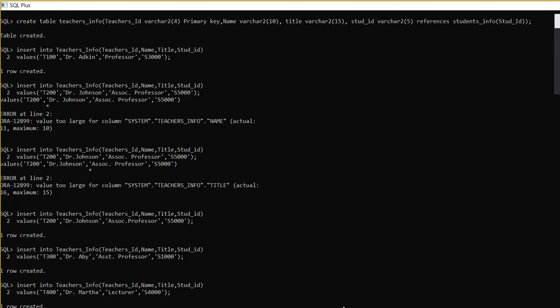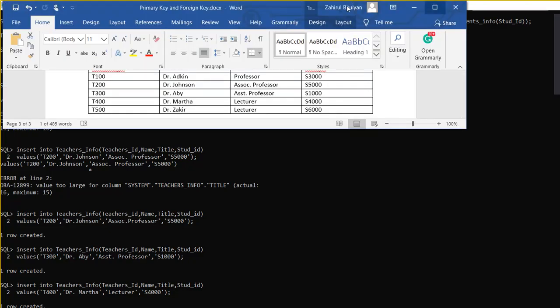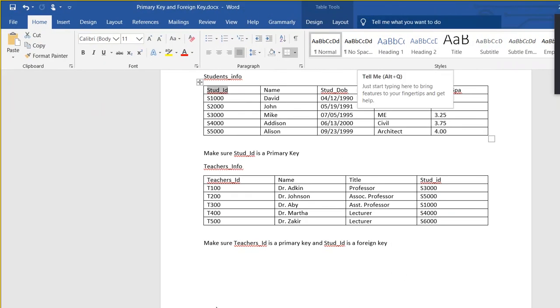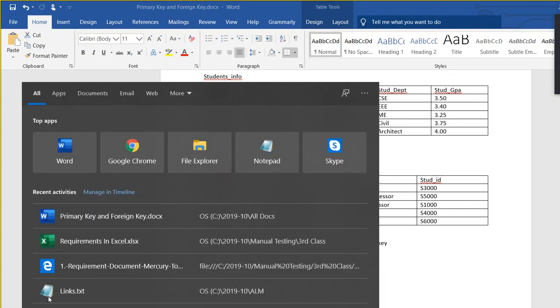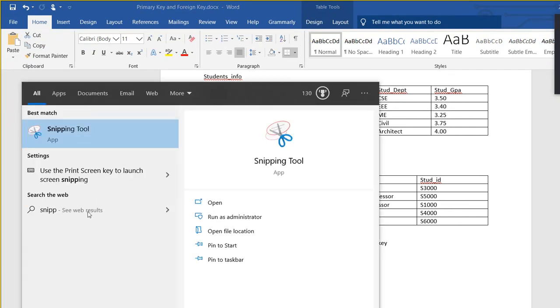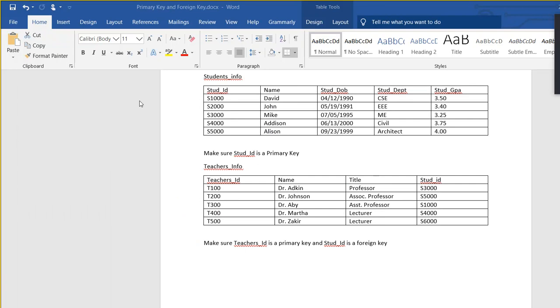So if you bring this table, right? If you bring these two tables here, let's say that